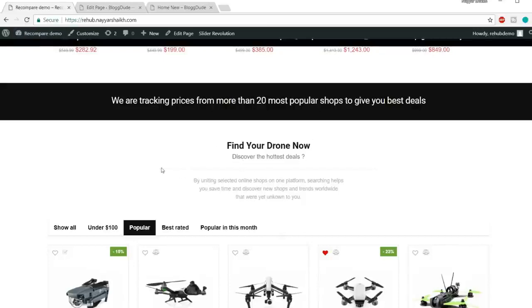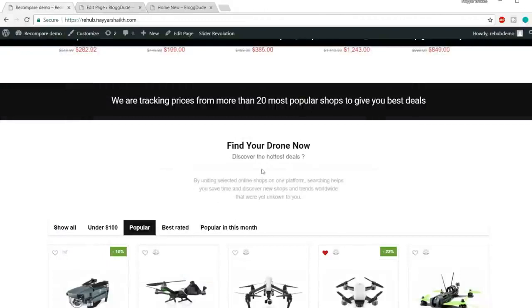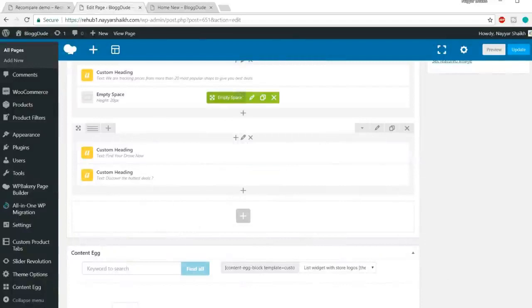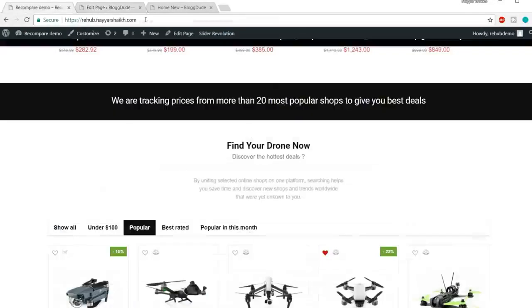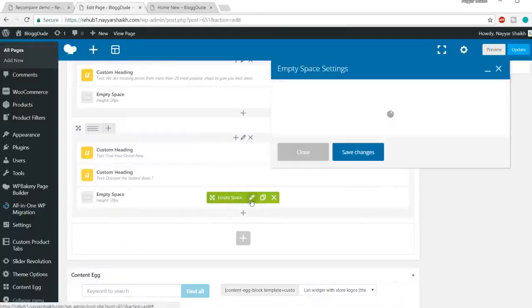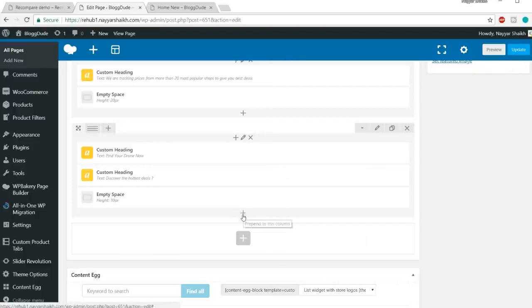And after that, if you see, we have a very thin border over here, very thin separator. And after that, we have some more text. So let's add all these things now. First, we have some gap between the separators. So let's add some gap. Let's copy this 20 pixels. Let's drag it over here. And I think the gap is not 20 pixels, but it is around 10 pixels. So let's edit this and let's make it 10 pixels. Save changes,